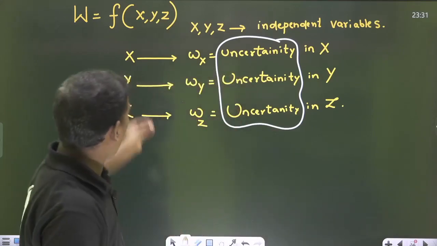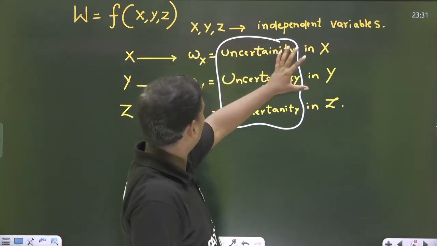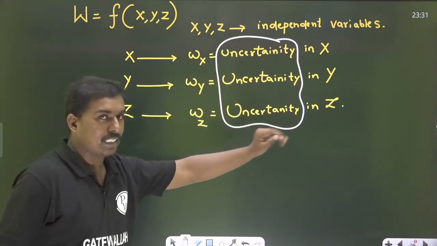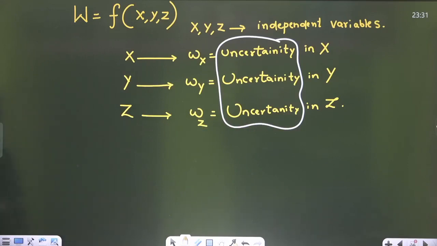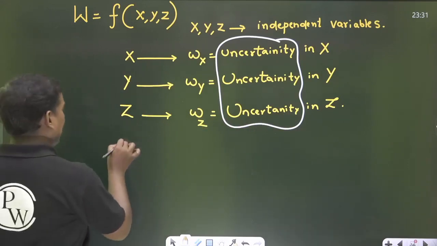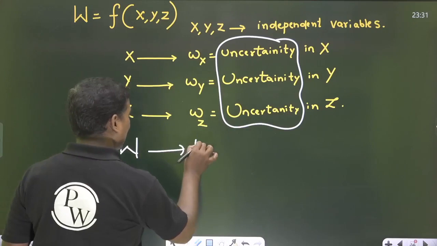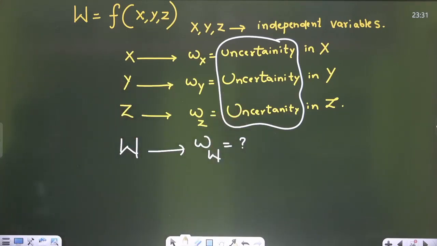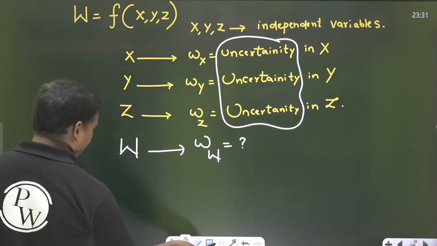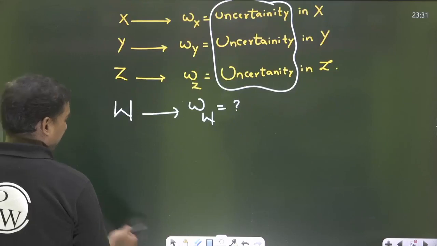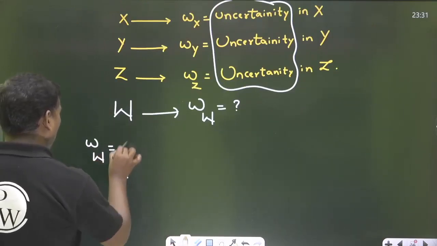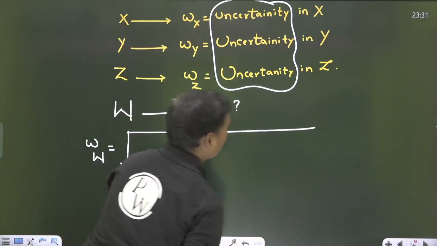Similarly, Wx is the uncertainty in X, Wy is the uncertainty in Y, and Wz is the uncertainty in Z. Okay. Now, what is the uncertainty in W then? What is the uncertainty in W? So, the uncertainty in W is given by one formula, square root of,